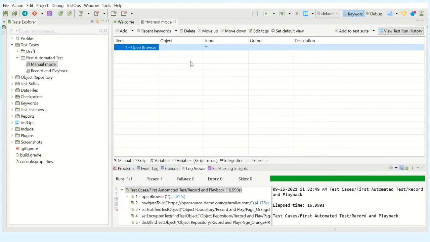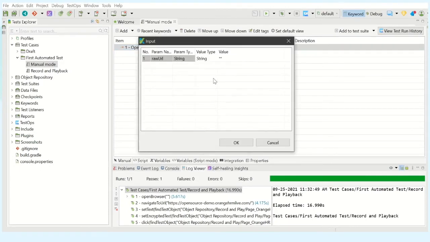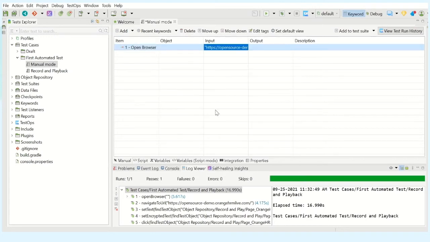So I open the browser, and here I can give the input, the URL which I wanted to open. So that's the value. Here I am going to pass the URL. Click on OK. So this is going to launch the browser, and not just launching the browser, it is also opening the URL or launching the page which I wanted to launch.